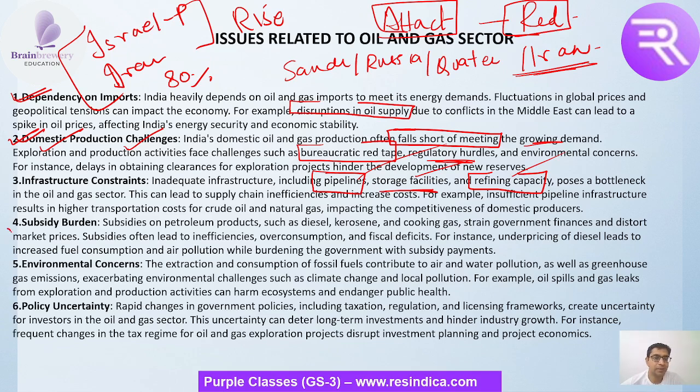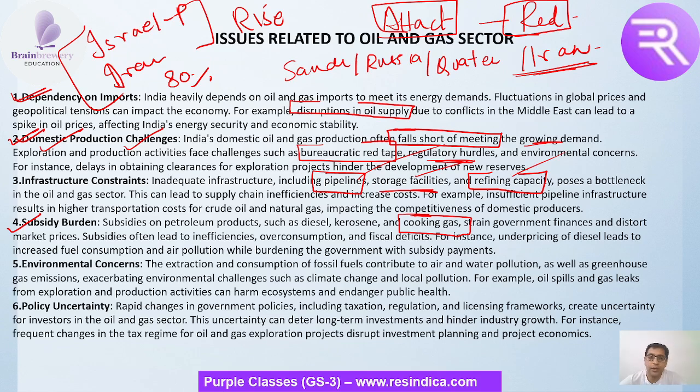Then we have a subsidy burden. The government provides a lot of subsidies on petroleum products like diesel, kerosene, cooking gas and everything. Right now, the Uday scheme, the Ujjwala scheme and all these schemes are there, where the government is providing a lot of subsidies. Subsidies often lead to inefficiency, sometimes overconsumption,